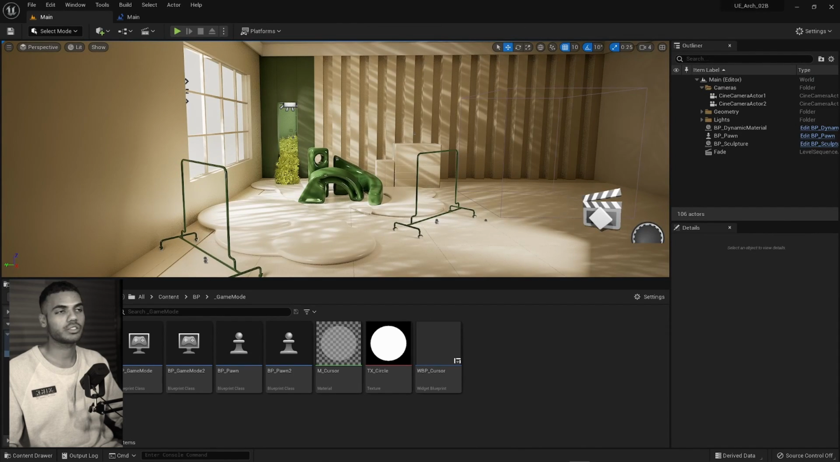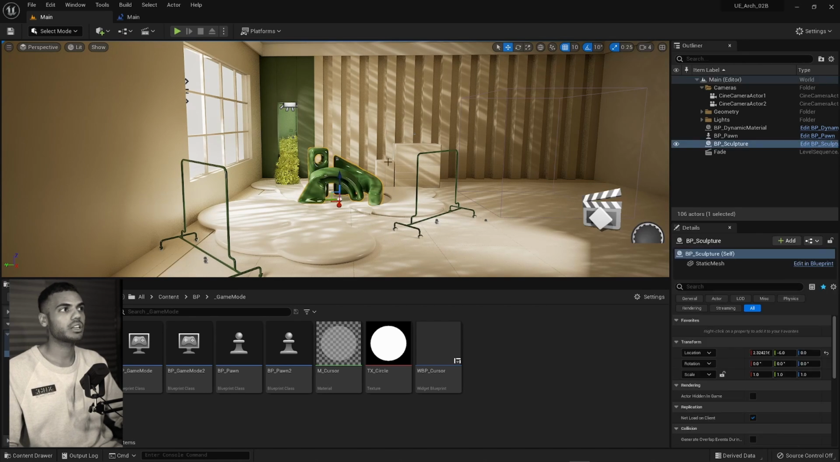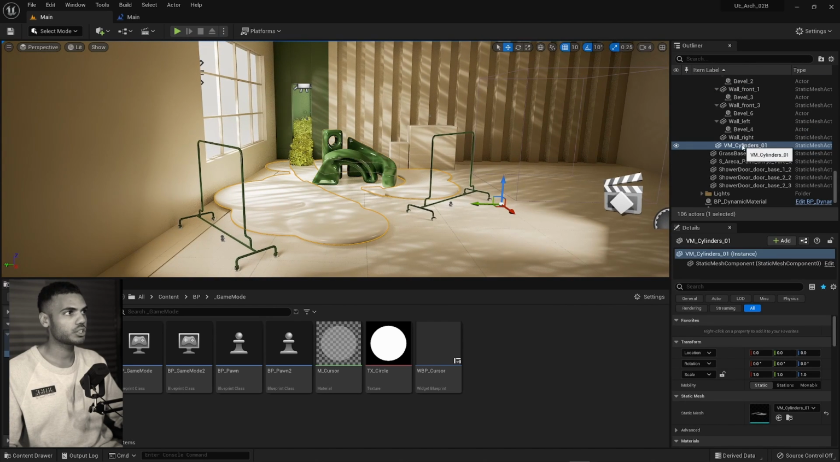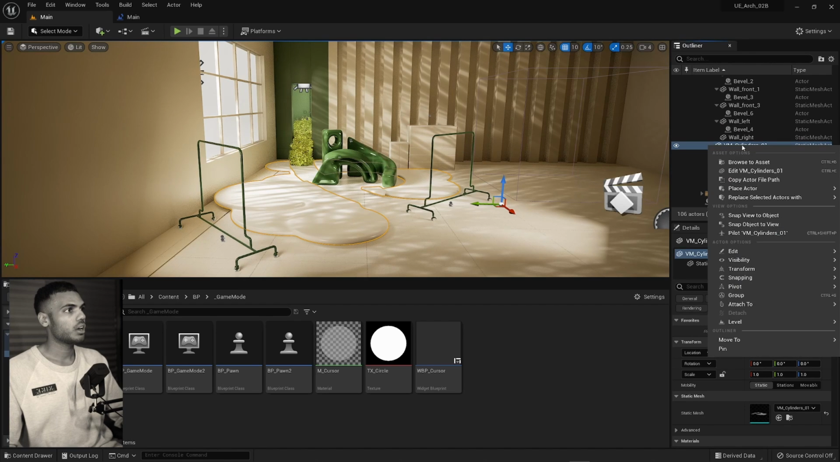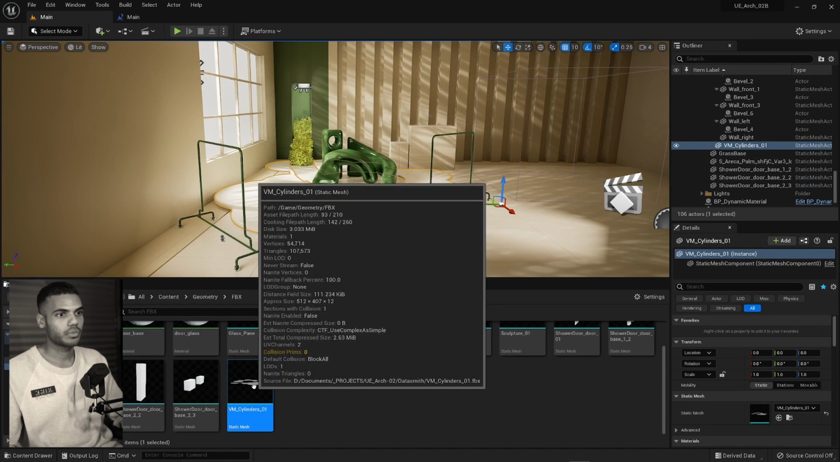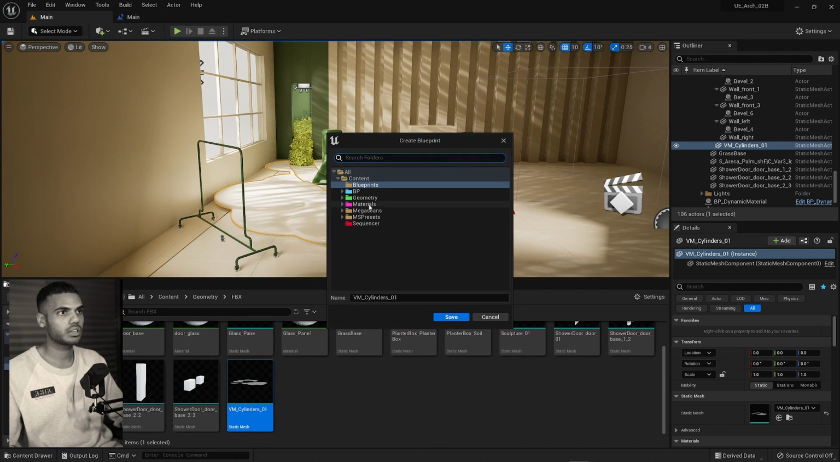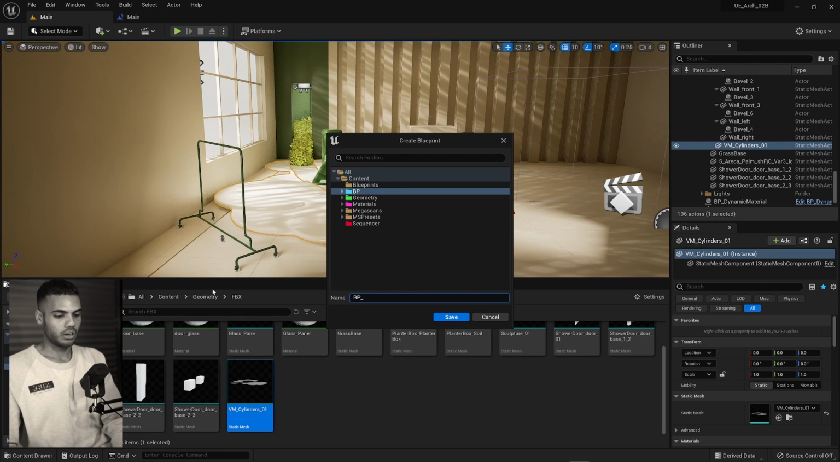Now our next step is to convert our static mesh to an actor. Because this allows us to manipulate it in blueprints a lot more easily and have access to its materials. So mine's already a blueprint actor, but for example, say this is your static mesh and you want to convert it to an actor. Right click it, browse to asset, right click this, asset actions, create blueprint using this, save it wherever you want. You can call it BP target or something. Save,